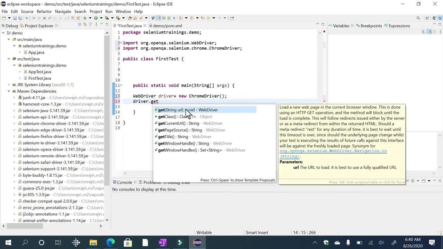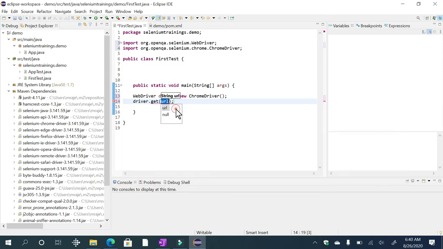Guys, we will discuss these comments later, but right now the focus is how do we create a sample test script, how do we launch a browser and navigate to www.google.com. It's always better to give HTTP or HTTPS, because Selenium will listen to only HTTP protocols. So if you give www.google.com, it will not work. Make sure you start your URL with HTTP or HTTPS. Now we are launching a WebDriver or Chrome driver, nothing but the Chrome browser, with the URL www.google.com.